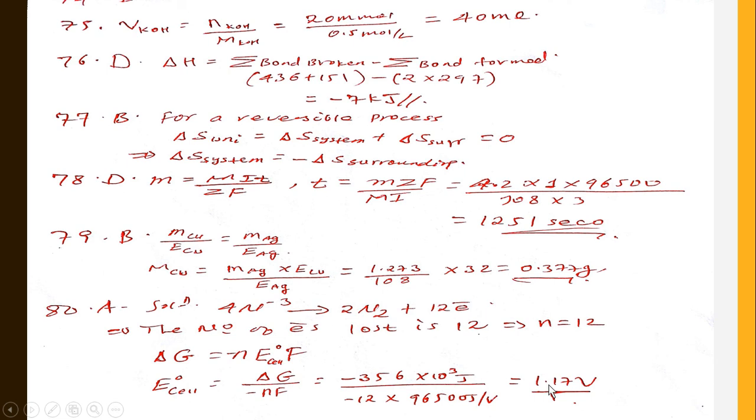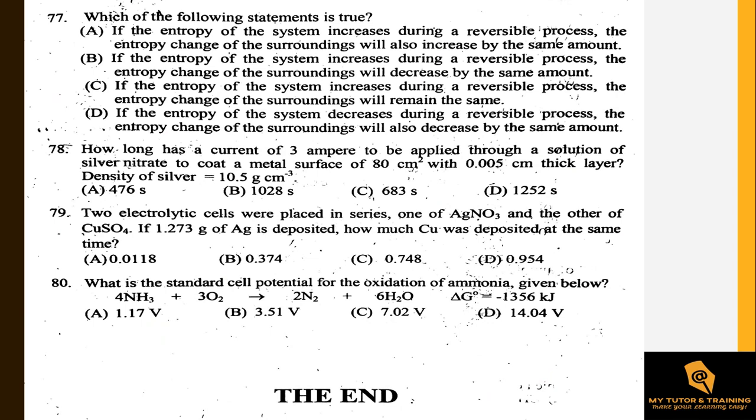It becomes 1.17 V. So where is the correct answer? ለሰማንያኛ ጥያቄ 1.17 ቮልት የመጣበት መልስ ኤ ነው የሚሆነው። ተማሪዎች የዚህን ሺት ኤክስፕላኔሽን በዚሁ አጠናቅቃለሁ። ሰላም ሁኑ።